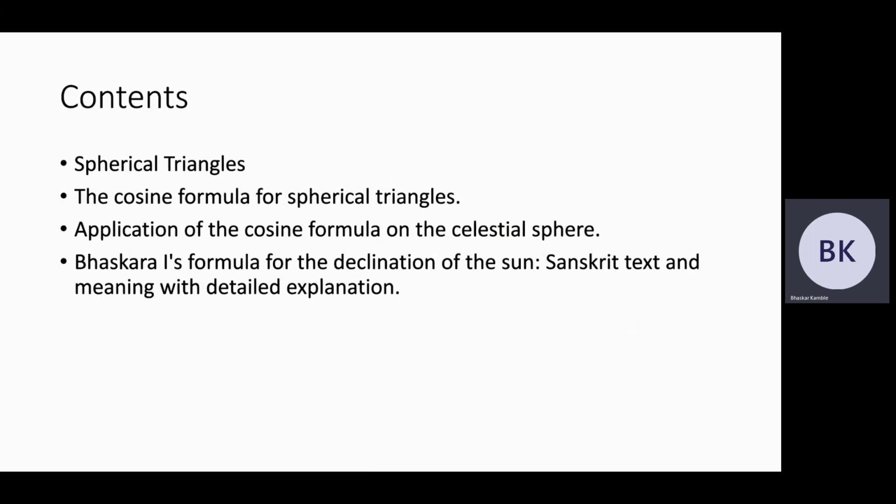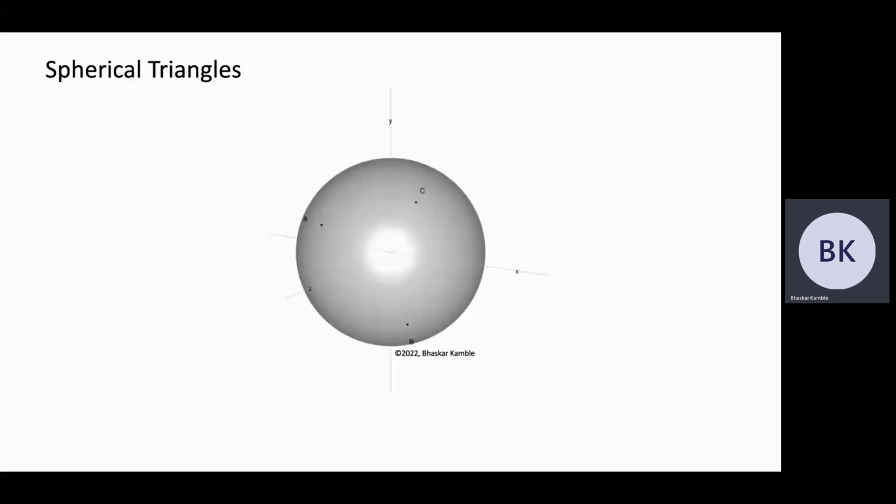So what are spherical triangles? To begin with, you take a three-dimensional coordinate system, x, y, z, as I've shown here, with the x axis here, the y as the vertical axis and the z as this axis. And the origin, let us call that the point O. With the point O as the center, make a sphere and take 3 points on the surface of the sphere, A, B, and C. Now, let's consider all the points pairwise.